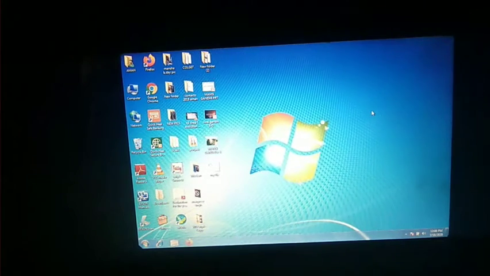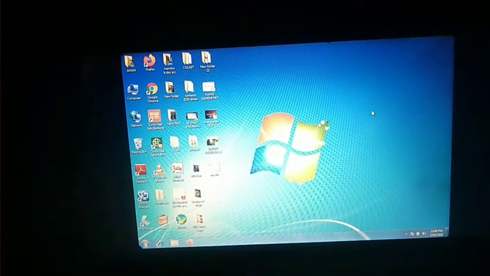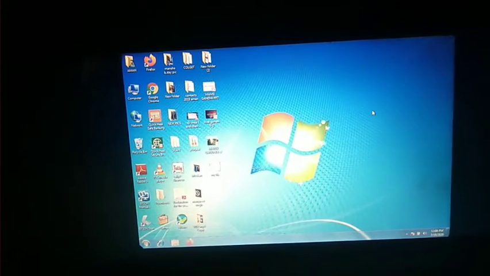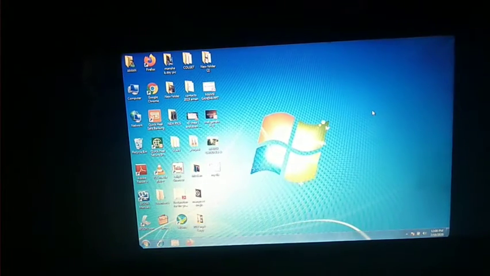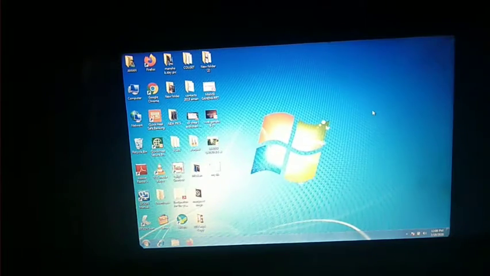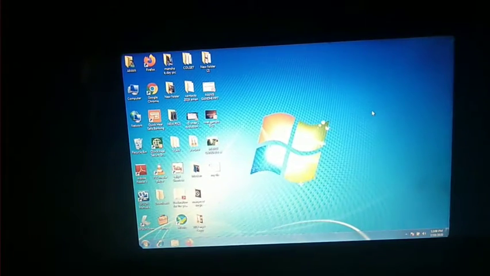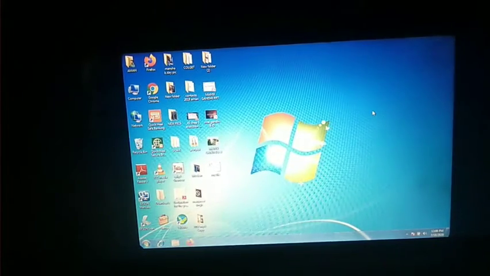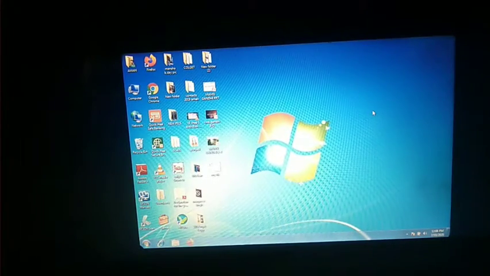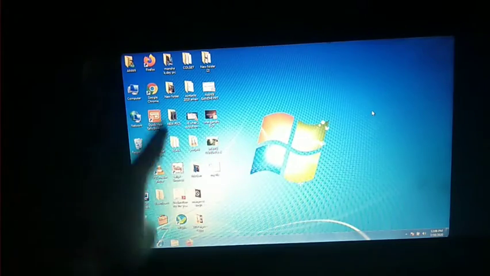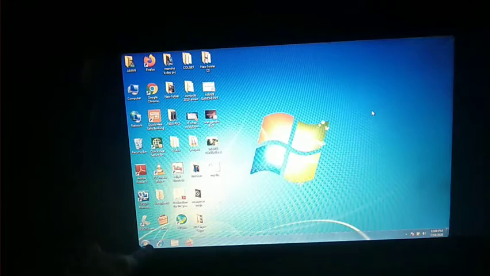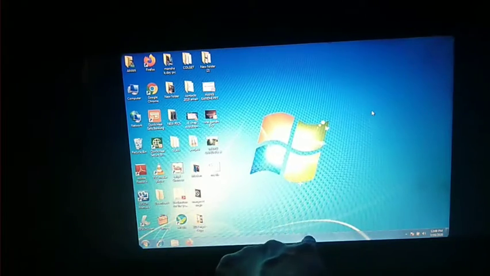Good morning everyone. So today we are going to have a practical session of your chapter 3, that is working with Windows. So first of all, everyone knows that this is a desktop screen. This is Windows 7 desktop screen. These are the icons. You can see my finger. These are the icons. This is the start button and this is a taskbar.